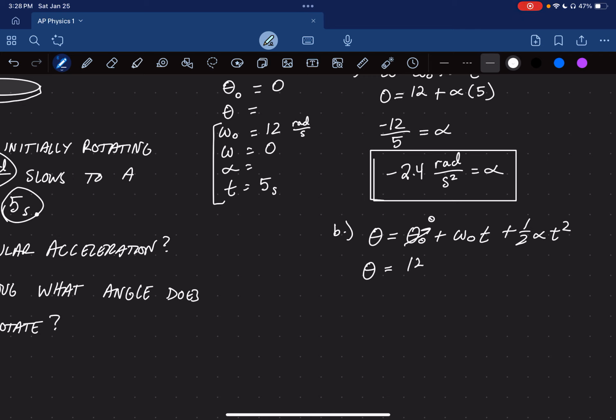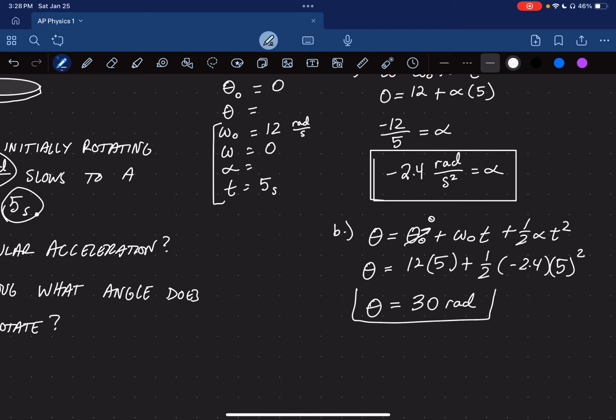This is 12 times 5 plus 1/2 times negative 2.4 times 5 squared. I don't remember that number, but it's been several days. Okay, that's it. And the units for that is radians. So it has rotated